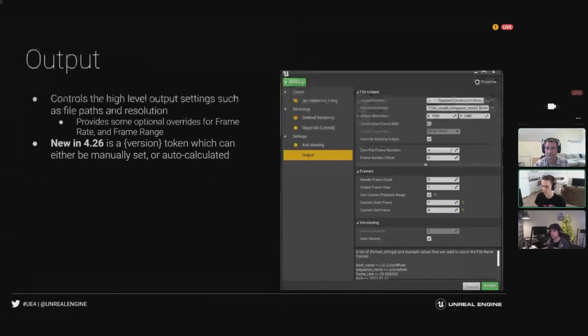Okay, so we're going to talk about the individual settings as we go through here. These are documented pretty well in the actual online documentation. We go through each property in the online documentation, so I don't want to spend too much time talking about every property that we have here, but we'll talk about what each setting does and what you might use it for to control things.